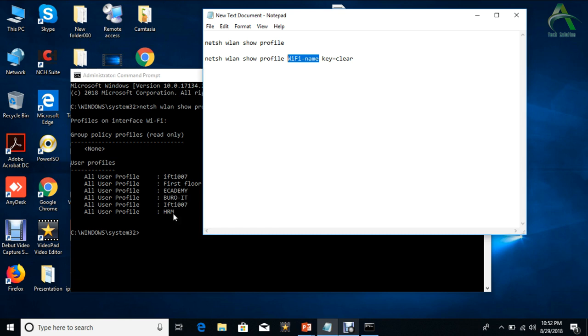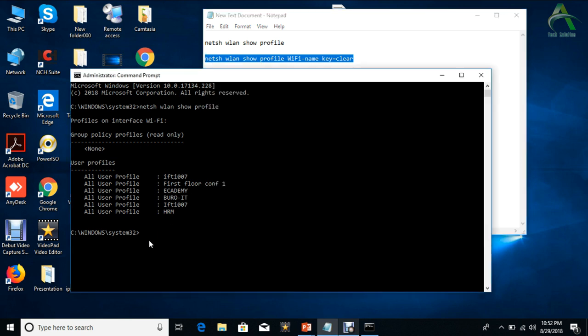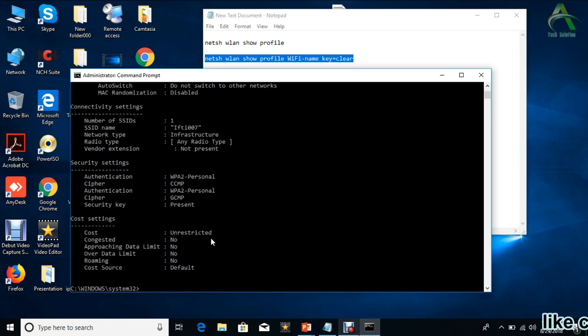So copy the second command, which is netsh wlan show profile, your Wi-Fi name and key equal to clear. Copy the command and paste it into CMD. And replace the Wi-Fi name with your Wi-Fi router name. That means my Wi-Fi router name is IFT007. And when you click enter,